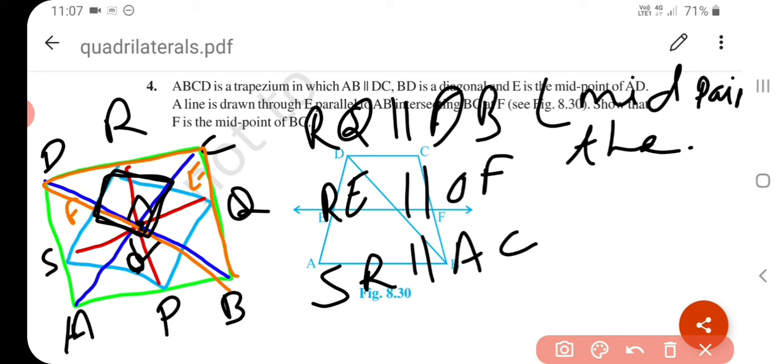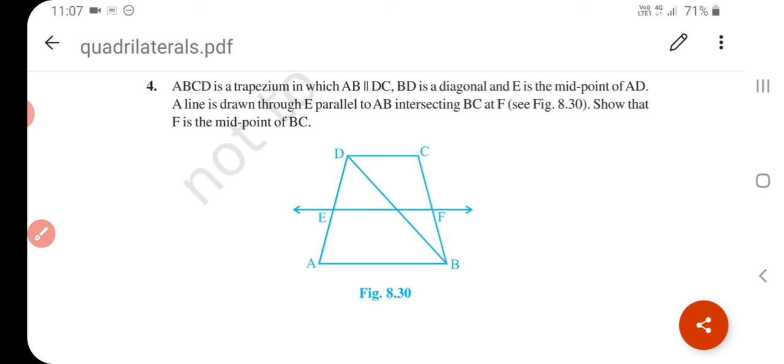If it is a parallelogram in which one angle is 90 degree, so P and this angle is 90 degree. If this angle is 90 degree at O, then R is also 90 degree. Okay, and if one angle is 90 degree, then it is a rectangle. At least one angle is 90 degree, then it is a rectangle. Okay, understand? So this type you have completed questions.